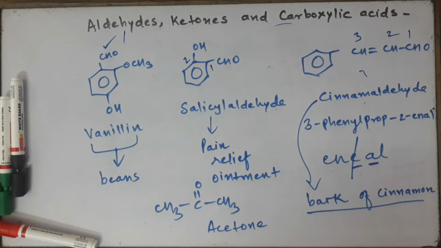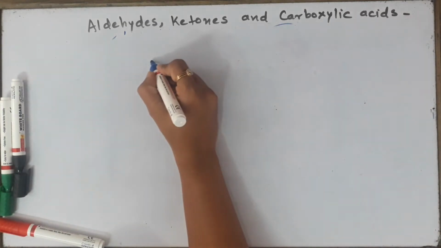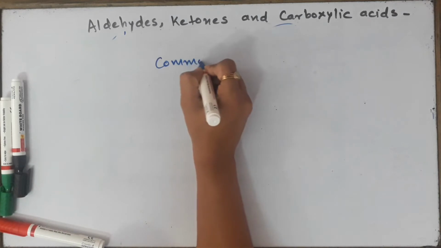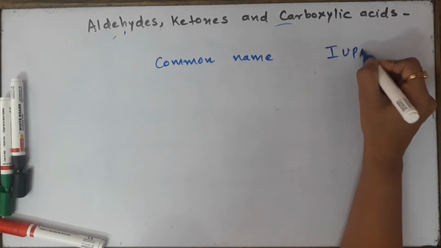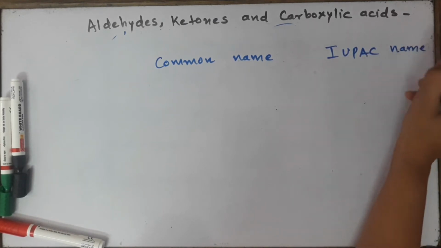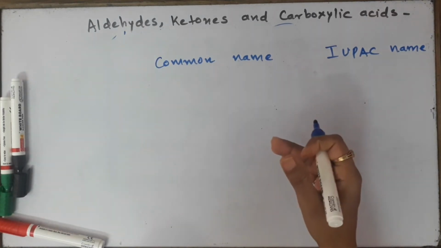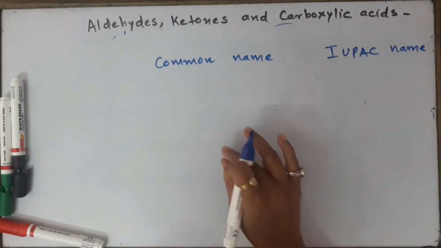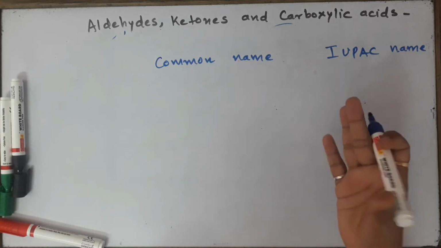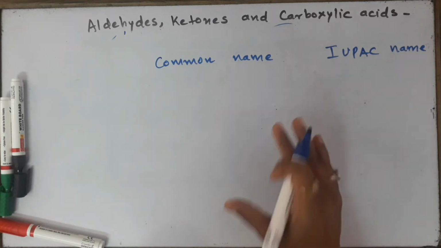Let's now understand how to name these compounds. Now I'm going to take some examples of aldehydes. First of all, how to name aldehydes in the common name as well as in the IUPAC name. You can get questions of this sort in your board exam. Definitely there will be one question on IUPAC nomenclature. One more thing, common names are not important, they will not be asking you the common name, but they can give you the common name in the paper and ask you to draw the structure or questions on it. So common names should be known as much as given in the book. Let's begin with the common name now.